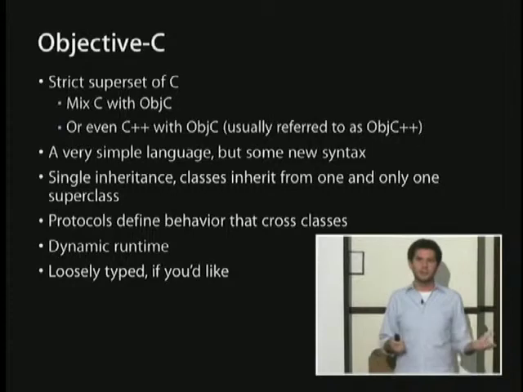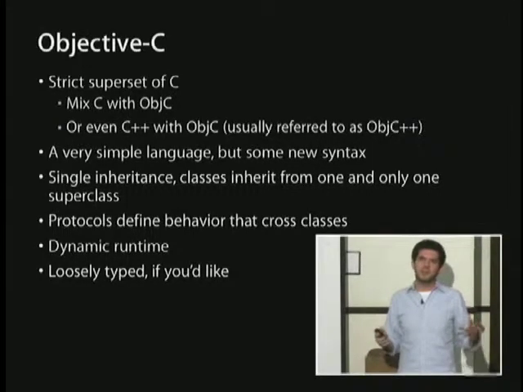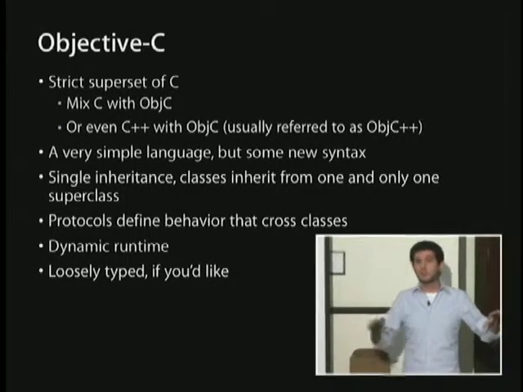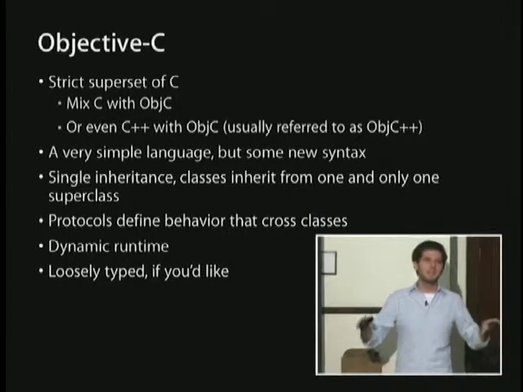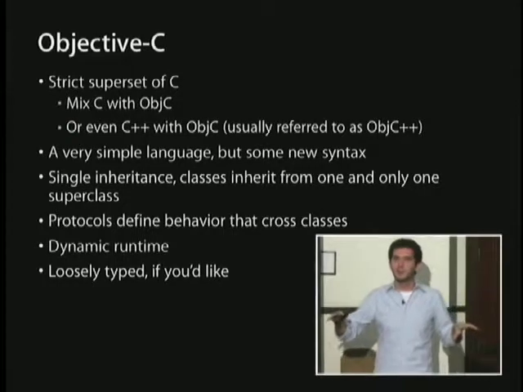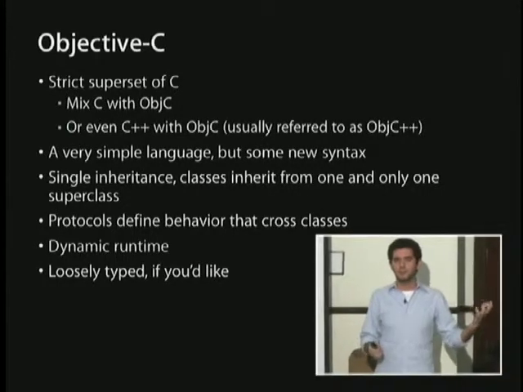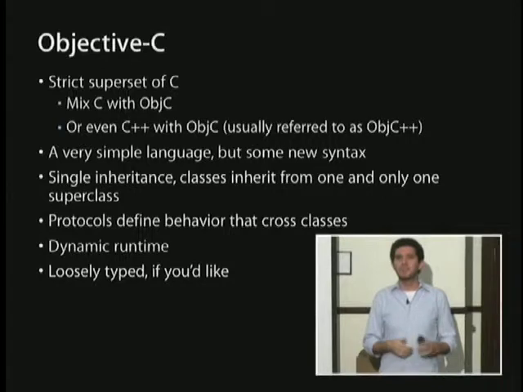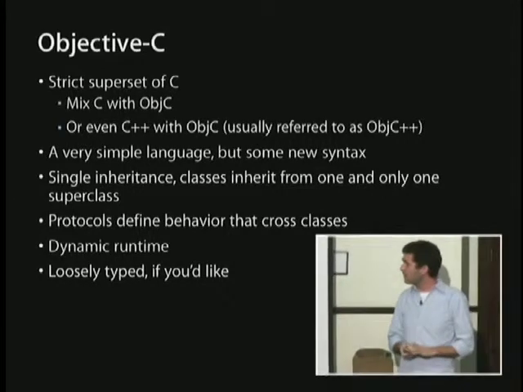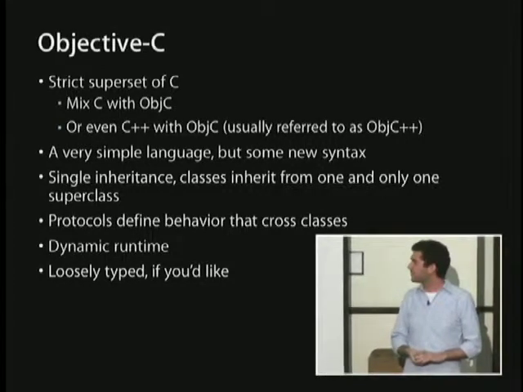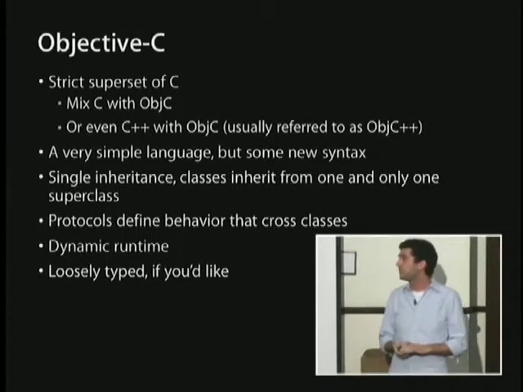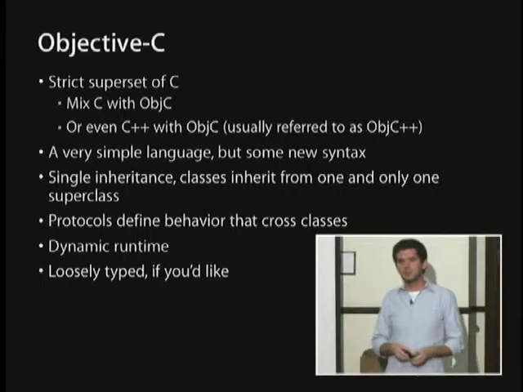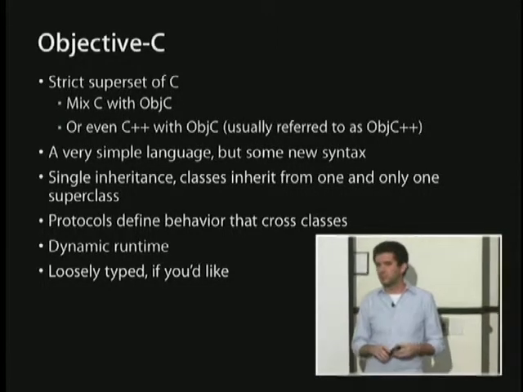Most delegates in UIKit, a delegate is basically an object that has to ask questions of another object. The other object becomes the first object's delegate, and there's a defined delegate protocol that the delegate must implement, so that the object doing the delegation knows what methods it can call on its delegate. So we'll see that later on. But just keep in mind, protocols are the way that that's implemented, and they're pretty interesting for quite a few things.